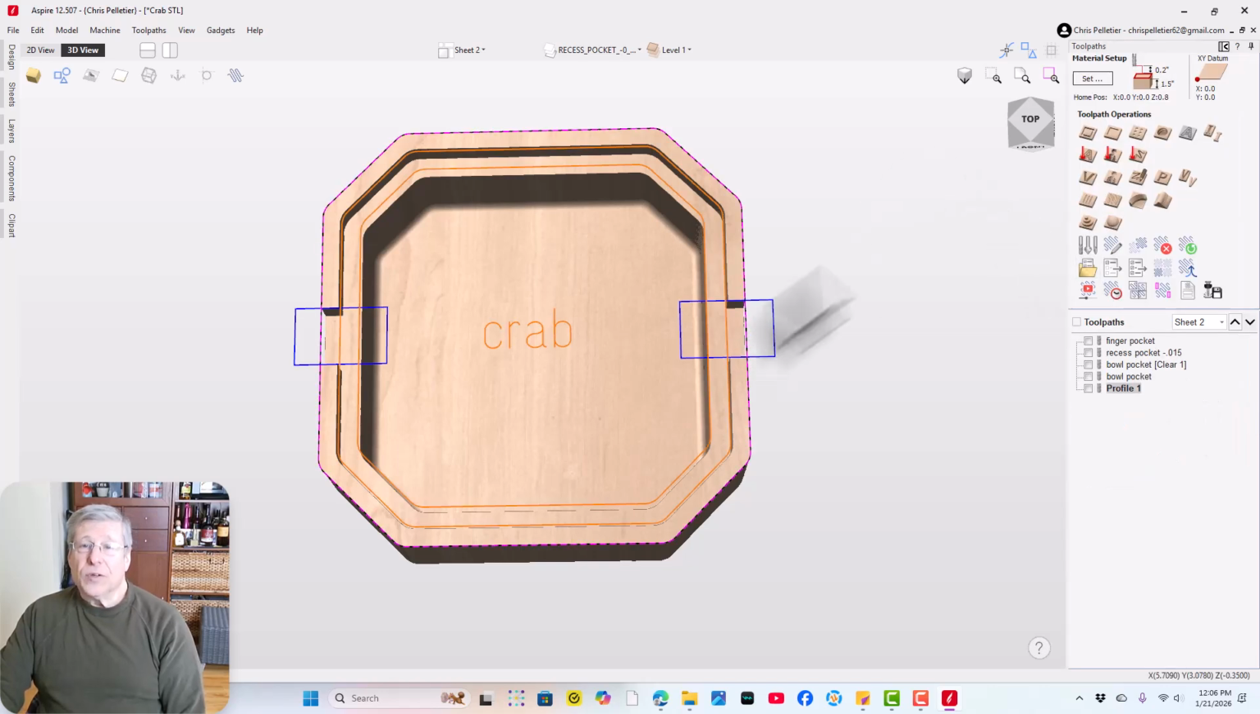And we're done. So that's how you import both the DXF file with all the layers and setting up your